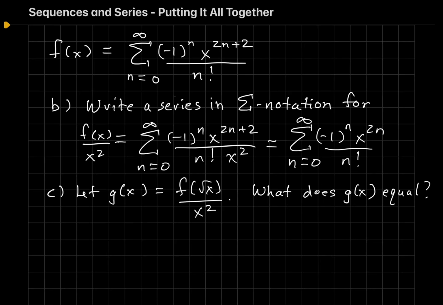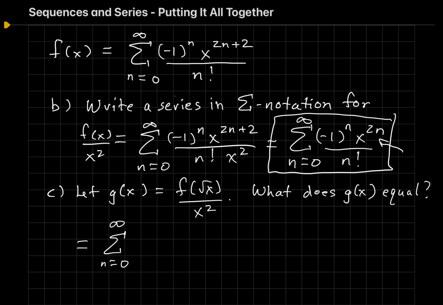Okay, well, let's go back into this series right here, which is f of x over x squared. And let's replace every x with x to the 1/2. So I get the sum from n equals 0 to infinity, negative 1 to the n, and then I'll do x to the 1/2 to the 2n over n factorial,